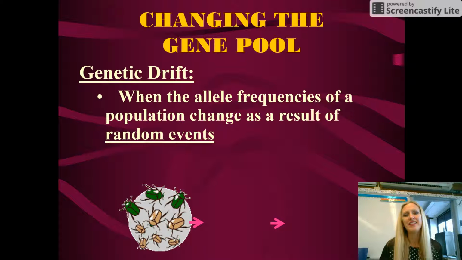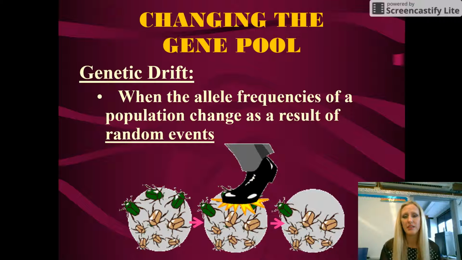And then the final thing is the idea of genetic drift. Genetic drift is when sometimes random events happen and certain alleles just increase or decrease in a population, not because it made them more likely to survive or reproduce or anything, but just simply because of random events. Maybe certain alleles may disappear just because of a storm or something random that really happens. Or sometimes there are other things that can happen that you can see in this picture. We've got somebody just squishing a couple of the green bugs, and now there's less of them the